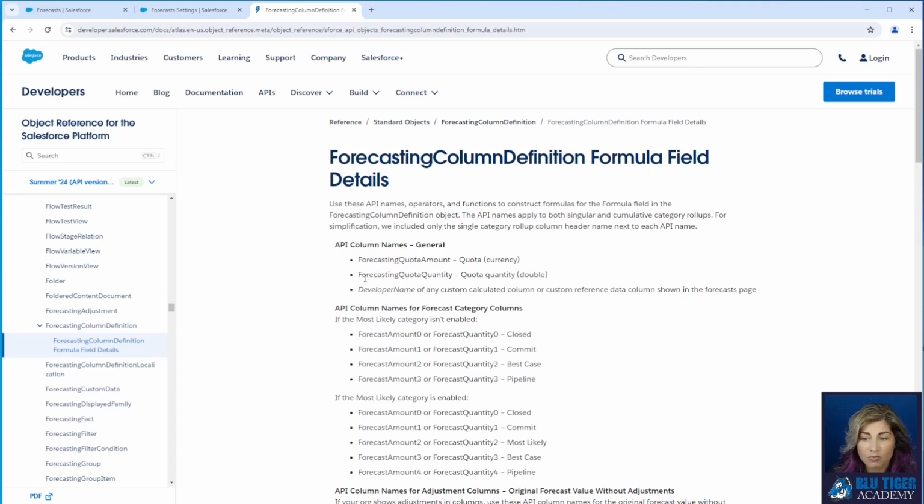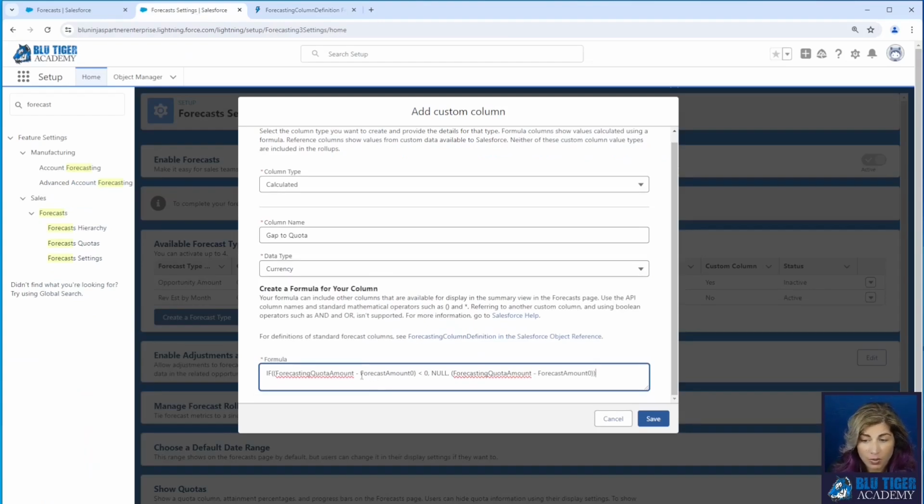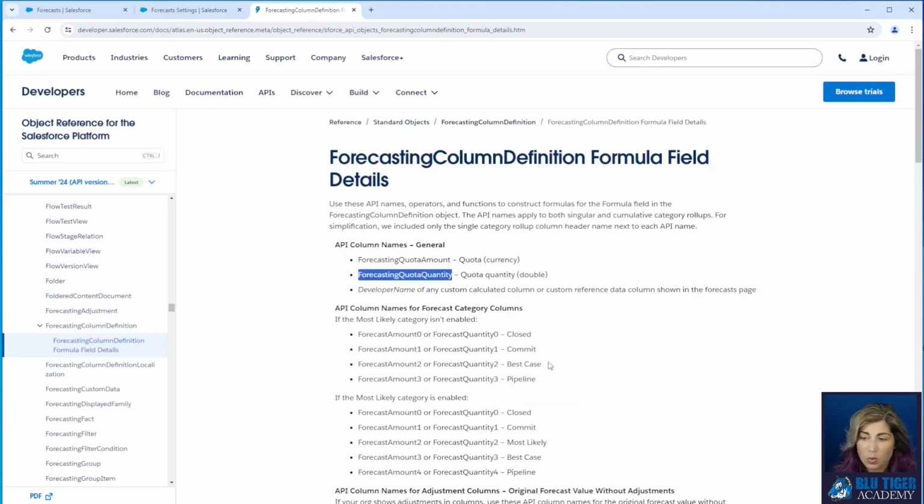If we had a forecasting type that was based on the quantity, then we would choose this field. We're using an amount forecast type. The other field that we're referencing here is called forecast amount 0. This corresponds to the amount in the closed forecast. All the closed opportunities with a forecast category of closed,